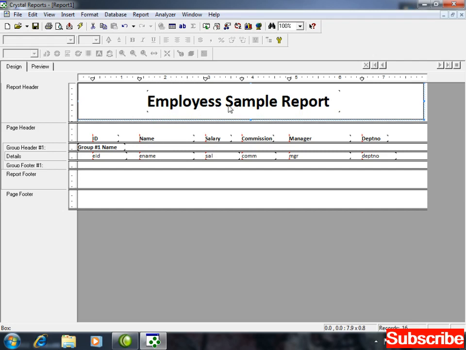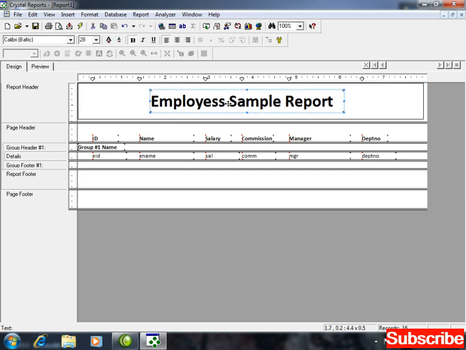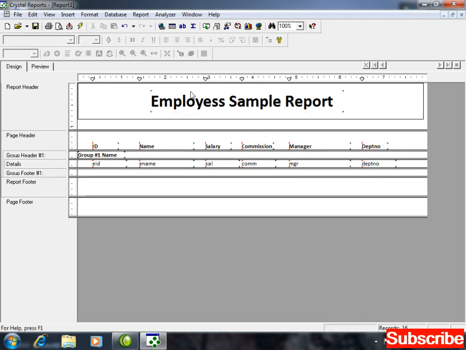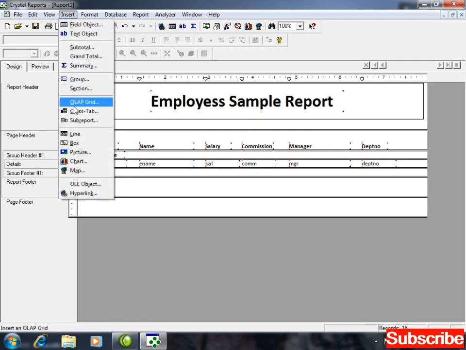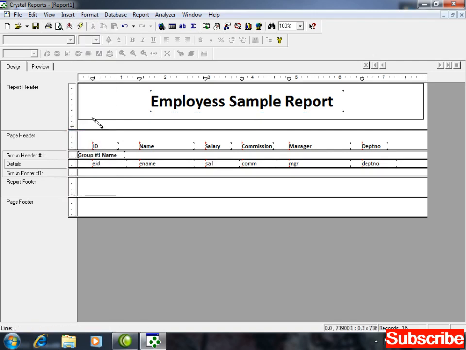Okay, this was box for the top area. Now I want to draw a small line here. Insert, line, draw a line here.